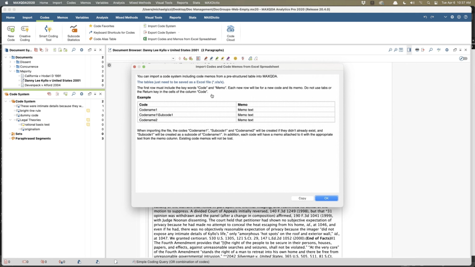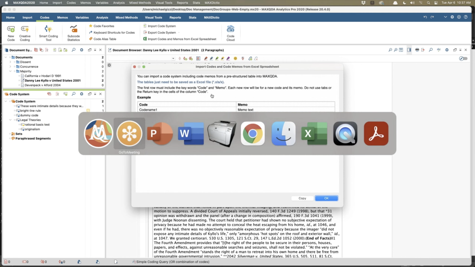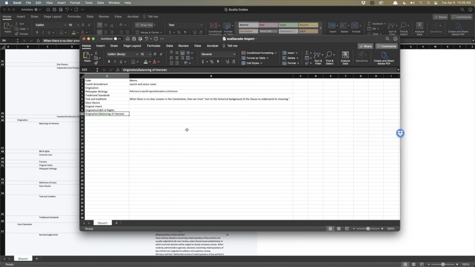It shows me actually what the spreadsheet should look like. I've got a spreadsheet. All it has to have are two columns. A column for the code and a column for any memos if I choose to put them in there. A list of codes. You'll notice here, hang on a second.